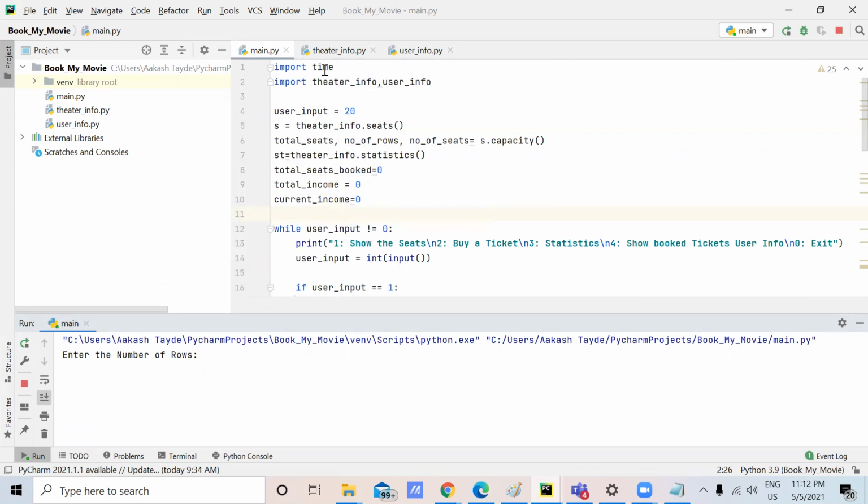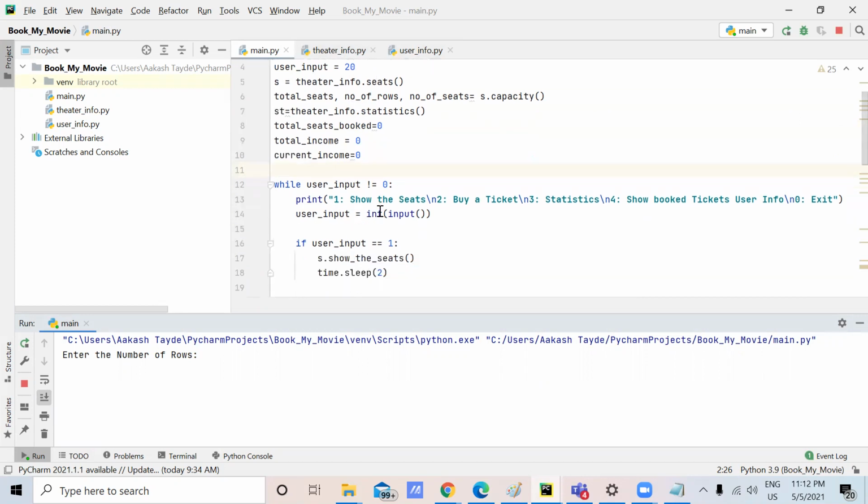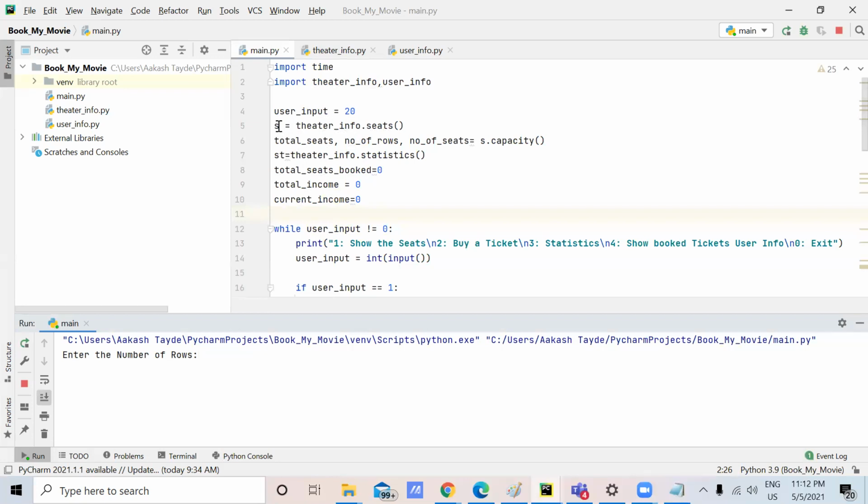In the main file I've imported time, the theater info, and these two modules. I've made the reference variable. This is the S capacity which returns three values to me, which I'll be using later in this code. I'll tell you from where the information is coming.